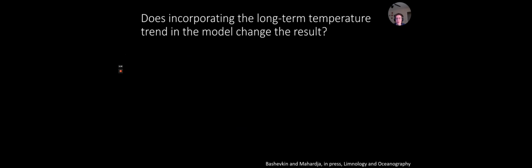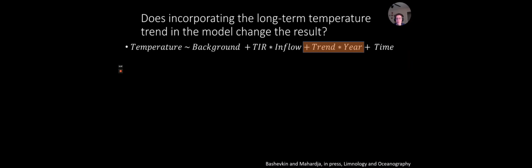So then we wanted to know whether incorporating the long-term temperature trend in the model might change the result. Water temperatures have changed over time. They've been steadily increasing. And there have been seasonal changes in inflow as well. And we want to make sure that these long-term trends weren't confounding the temperature inflow relationship that we're detecting. So we fit the same model as before, but with the addition of the component in the orange box here,